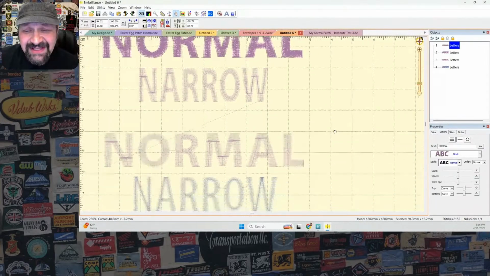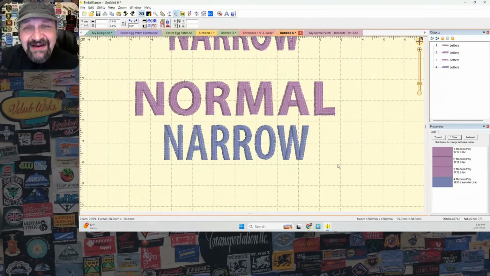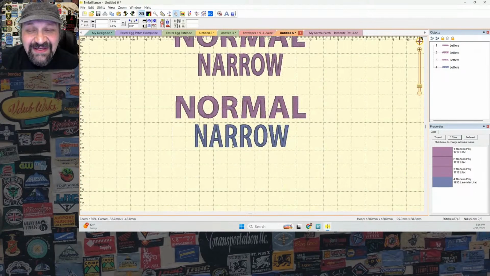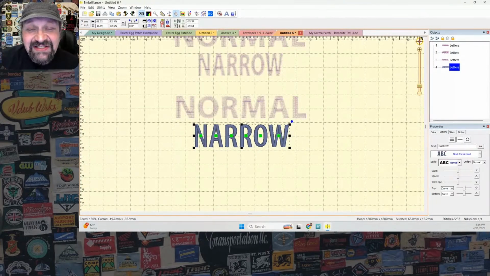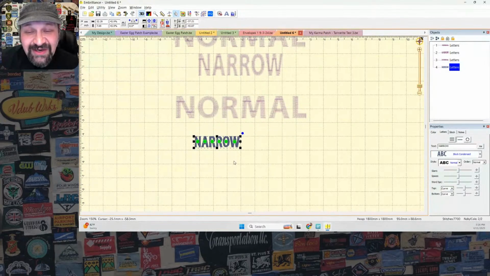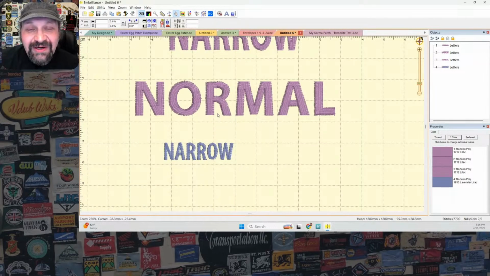Whereas what typographers like to do is use a narrow typeface. And in the case of what we have in Embrilliance, we actually used the same type family for our block and our block condensed. This type family down here, block condensed, is a condensed version of this font. It is meant to be thin and narrow from the get-go. So it matches the style of what we have up there, but it can go much smaller, much thinner, much narrower, and it looks more in tune. The thicknesses seem decent, but it is certainly better that way, right? It's certainly better